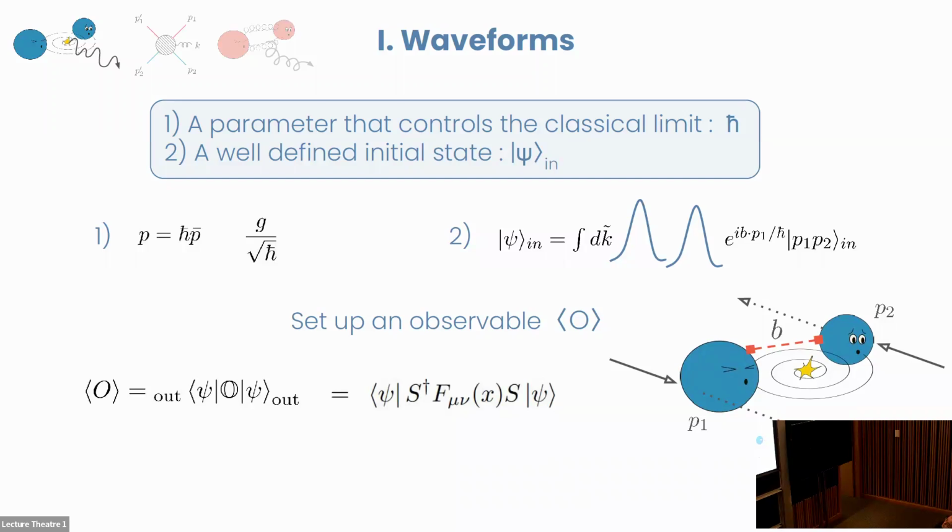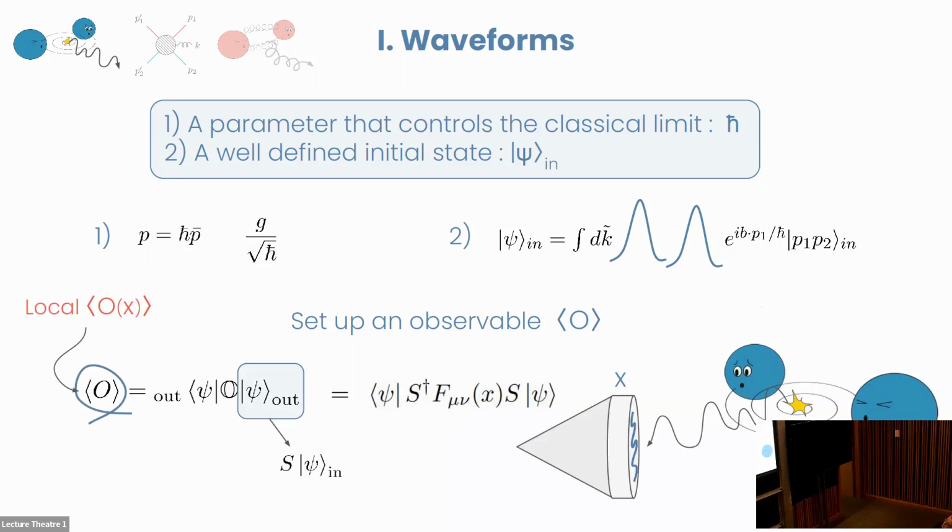Yeah, and I think that's probably what we need to know about the initial state here. So then we set up our observable, and I have another little sketch here. Right. So we don't want the full observable over all time. We want kind of a momentum picture of this waveform. So we're just going to set up the observable here in terms of the out states.